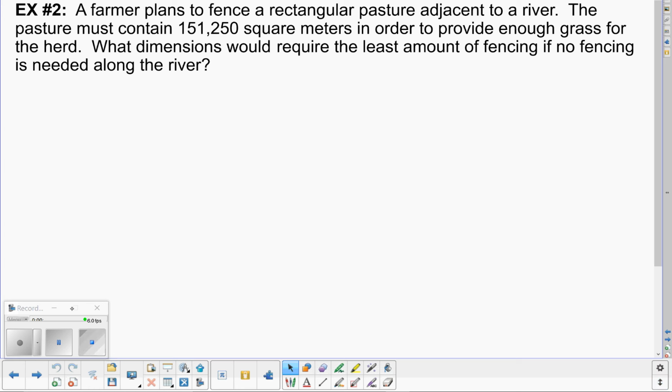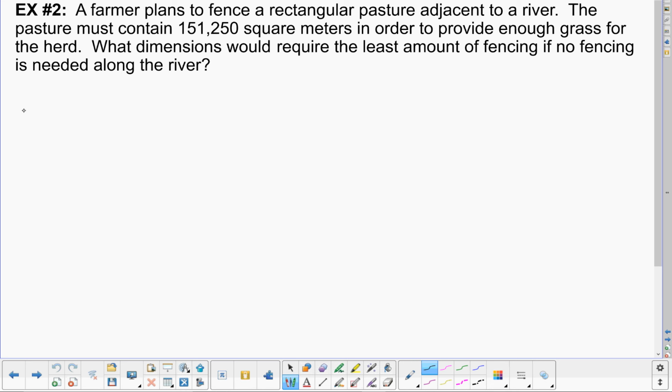Okay, we're going to work with example 2, and this is coming from the 3.7 optimization. On this one, we have a river. Read the problem. We've got this river that flows through some farmland, and they want to pasture off a rectangular pasture. I know on my picture it doesn't quite look rectangular, but we're going to have this side